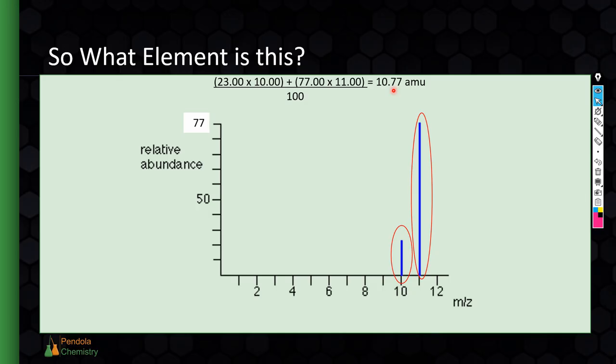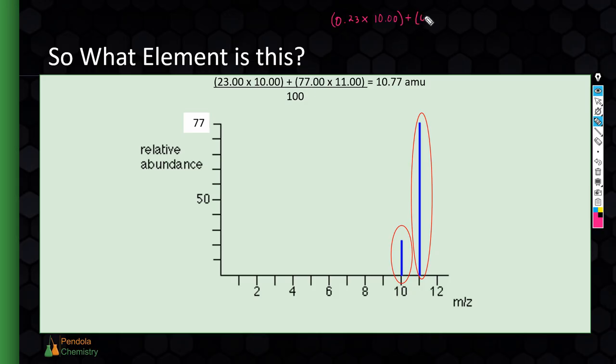If you wanted to do this in decimal form without the divided by 100, here's what we will do. We will write that 23% as 0.23 instead of 23%, times that 10 isotopic mass or mass number, depending on what we're given,